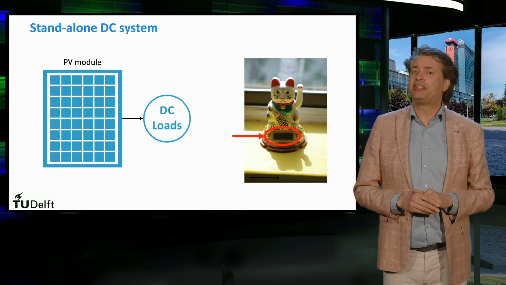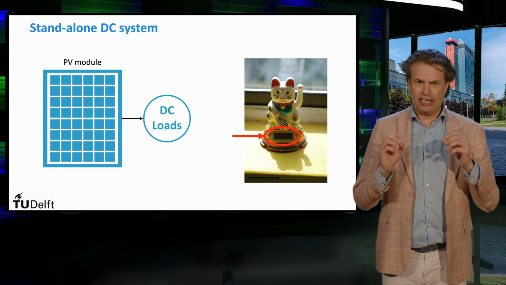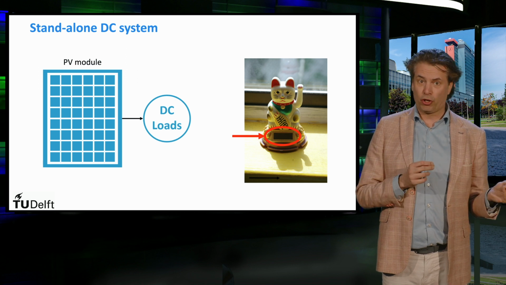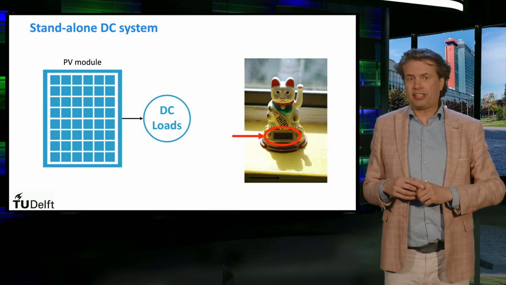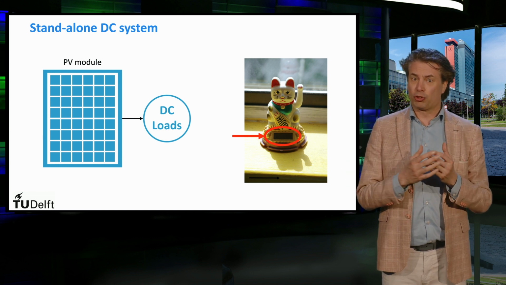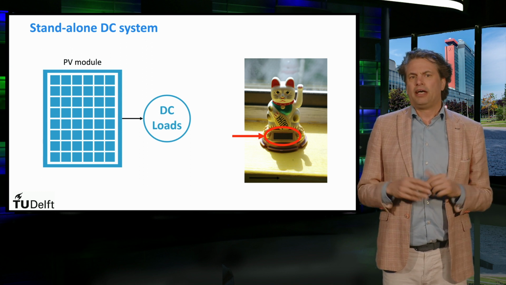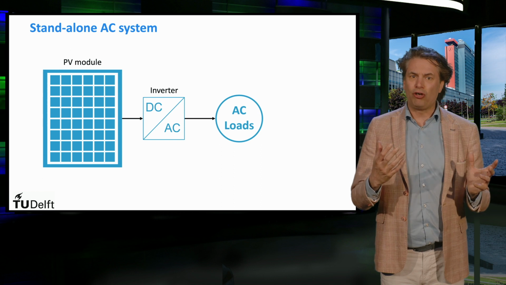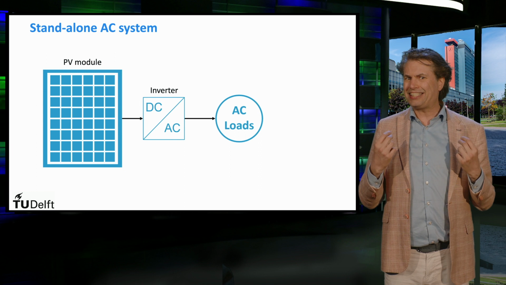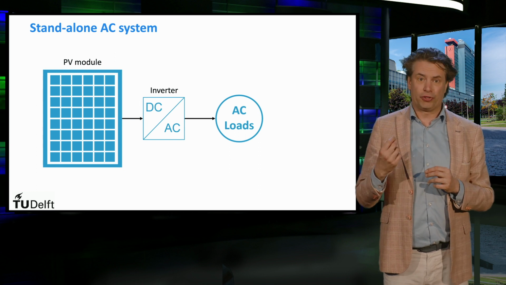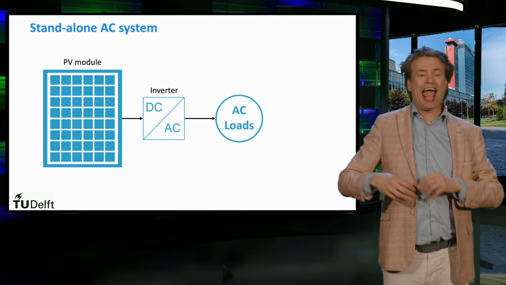The most simple PV system is the direct current PV system without storage. Here, the DC output of the module or array is directly connected to the DC load. A practical example is this toy that embeds a small solar panel, which is highlighted in red here. It is also possible to connect AC load in this simple PV system without storage. Connecting an AC load involves adding an inverter, which converts DC to AC power between the power source and the load.